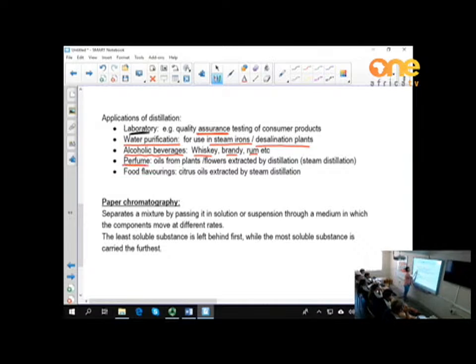Perfume industry: they extract oils from plants and flowers. They don't do a normal distillation of the parts, but they extract it with a so-called steam distillation. They pass steam through it at fairly high temperatures, and then the oils dissolve in the steam, and from that they can extract the oils, because the plant matter tends to want to burn at higher temperatures. And similarly, food flavorings, for example citrus oil, are also extracted by steam distillation. You don't need to worry too much about that. All right, now,